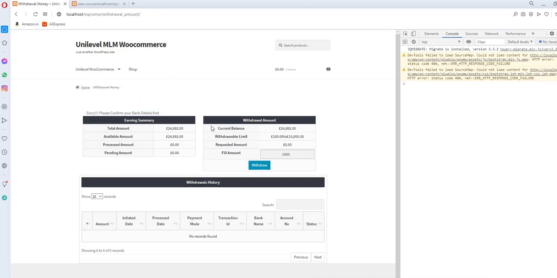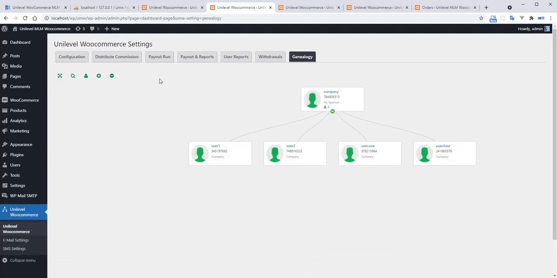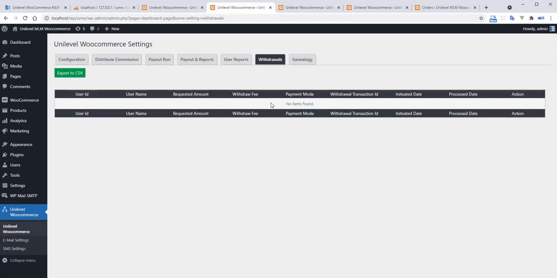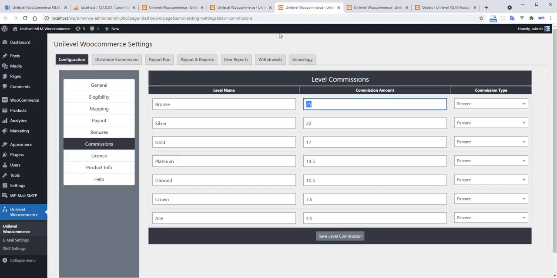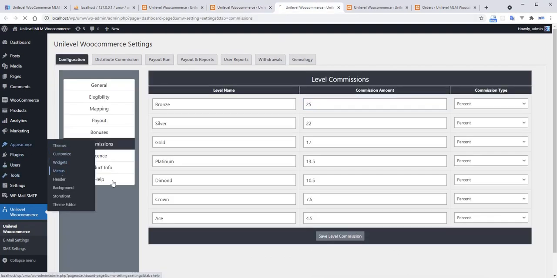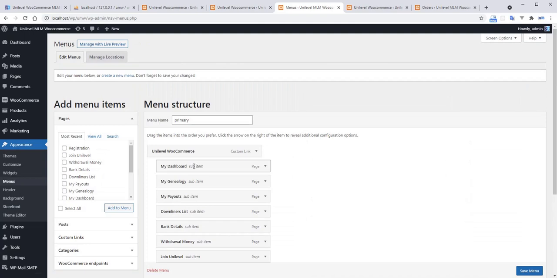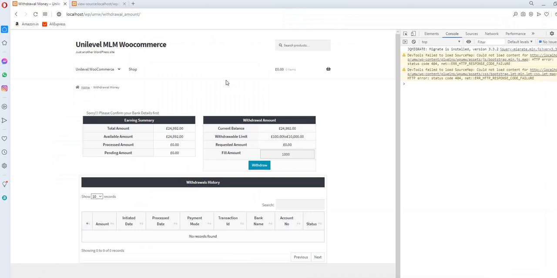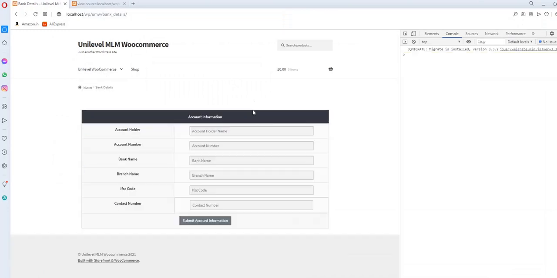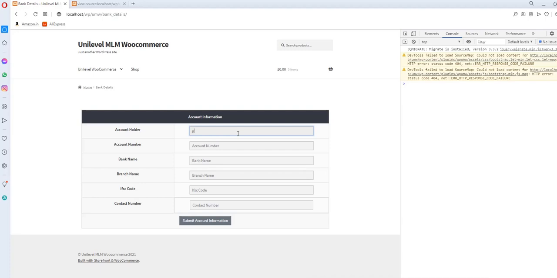As I am clicking here, if I go to the admin part now, the withdrawal request is not here as well. If I go to the appearance and the menus, I will check the bank detail account. Okay, so here is the bank detail. I am going to the bank detail and putting in the information like Jitendra.